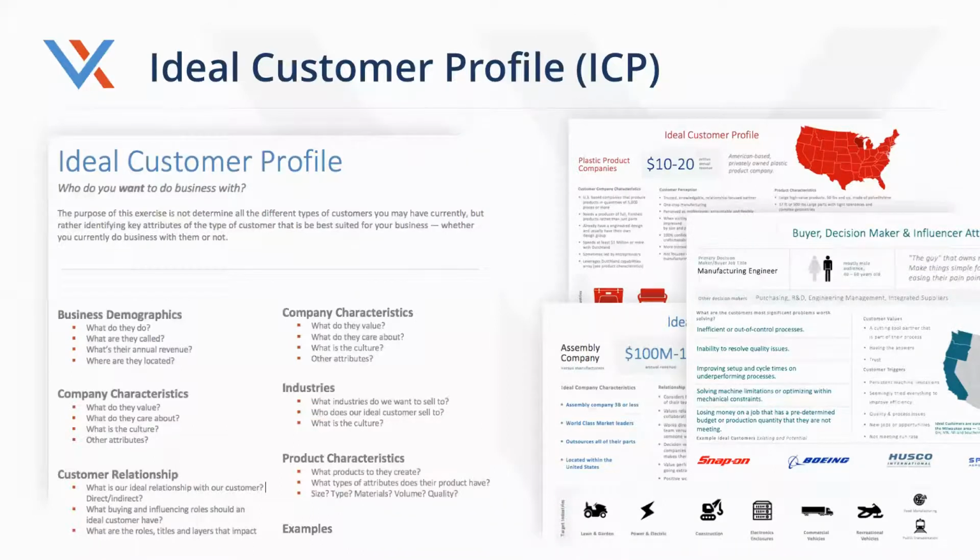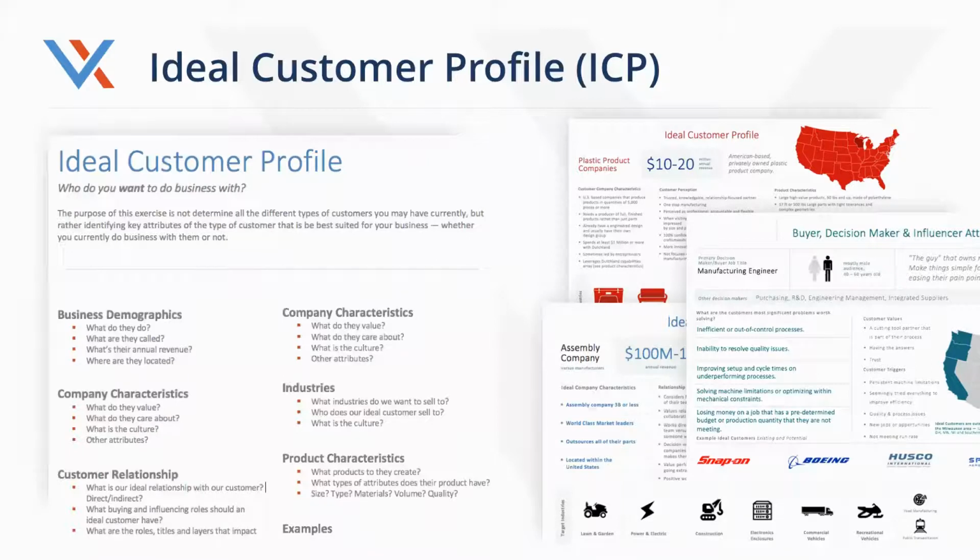We also take a dive into some of the more complex, and I don't want to say obscure, but nuanced characteristics. What is the company's value? What's their culture? What's our culture, and how does it compare to theirs? What's our ideal relationship with them? Those are the types of questions that we work through in order to build one of these out.